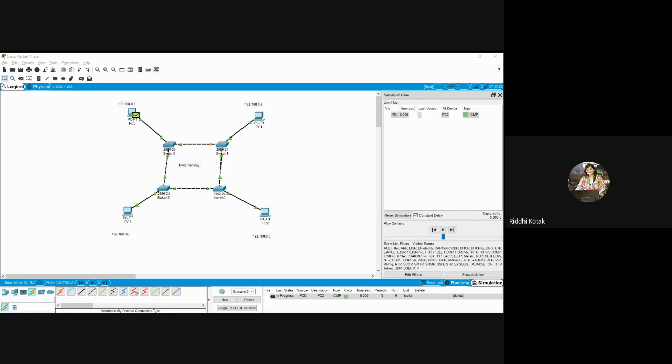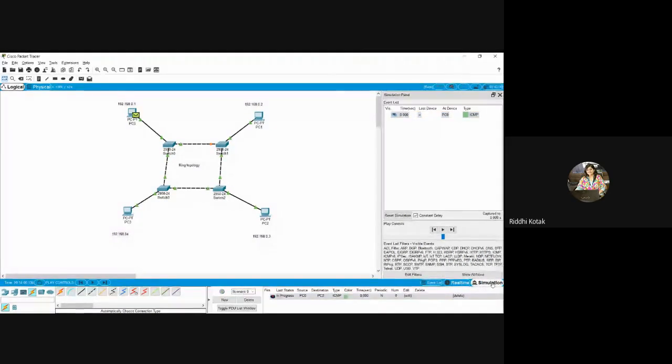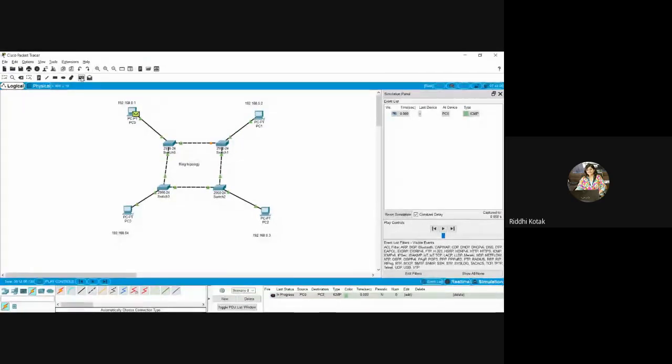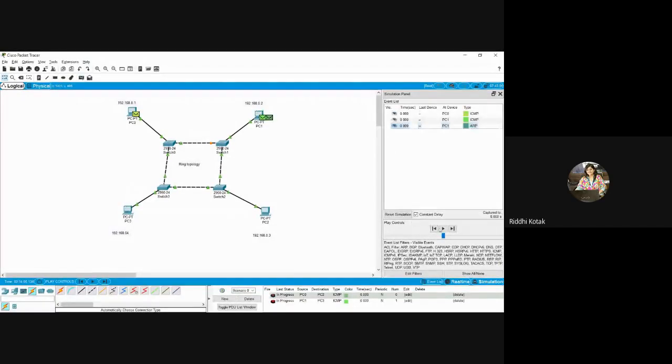Okay, now we want to trace it in detail. So for that, what you have to do is, first at the below part over here, just click on simulation. Then again take one PDU. Now we will drop it between PC1 to PC3. And then you have to click over here. So it will start tracing that path. It will take the time and that message, through which route it passes, it will trace everything over here. You can view in a table event list or parallelly over here in a topology.